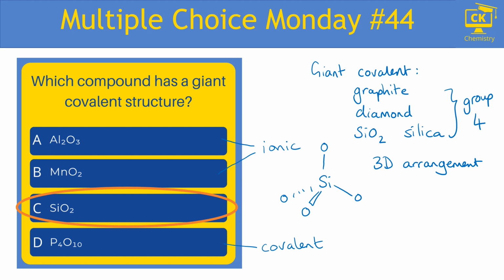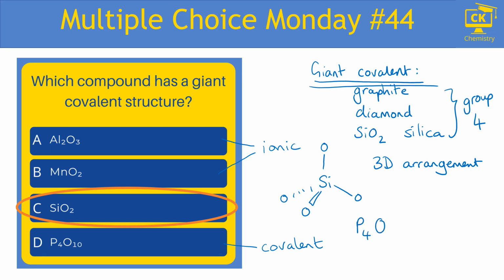So that's one thing. Think about group 4. Group 4 form these giant structures because they can keep making bonds. The minute you get to group 6 and 7, then we're talking about making double bonds or single bonds with each other. There's not really an opportunity to make a giant structure on your own. So what about phosphorus? How do I know that it isn't in this giant structure? Well, one is you're going to learn these are your examples of giant covalent, but the other one is actually in the formula. So that P4O10,